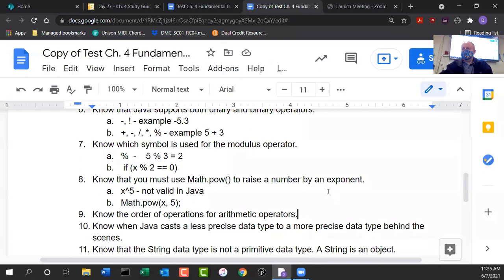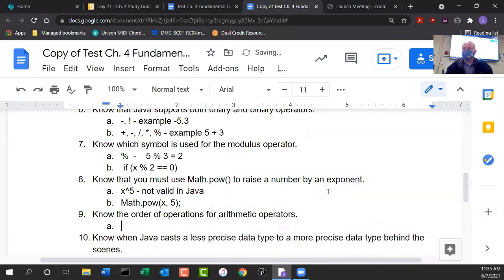All right, here's some other ones. Know the order of operations for arithmetic operators. Sometimes they call it the order of operator precedence. Say you have an equation like this, for example, 5 minus 6 times 4 divided by 7